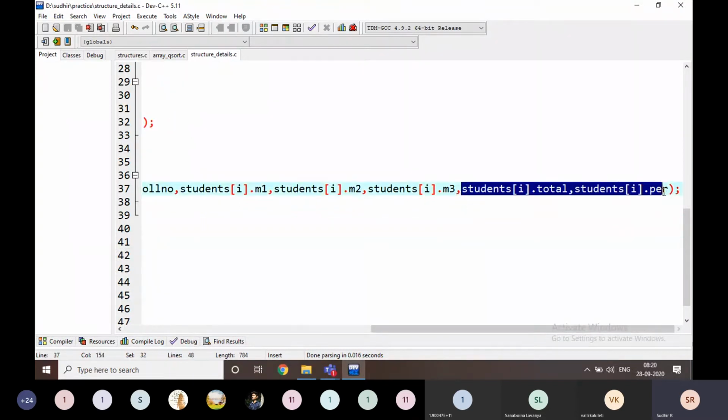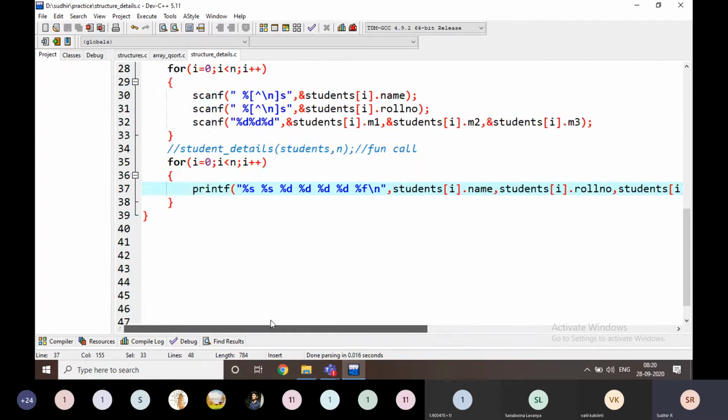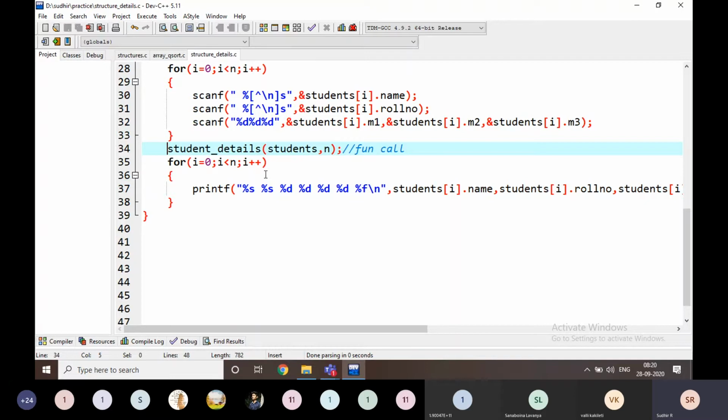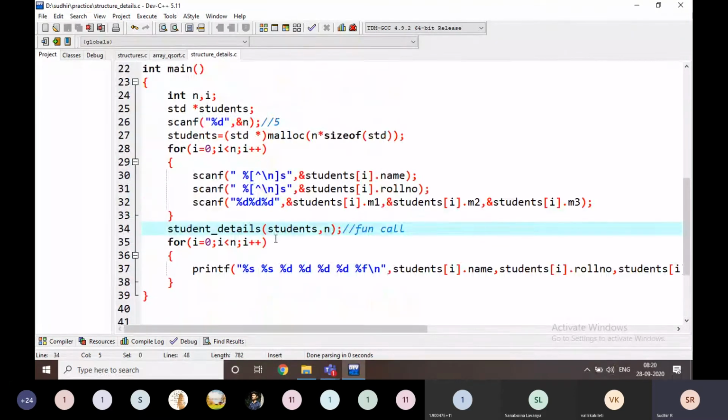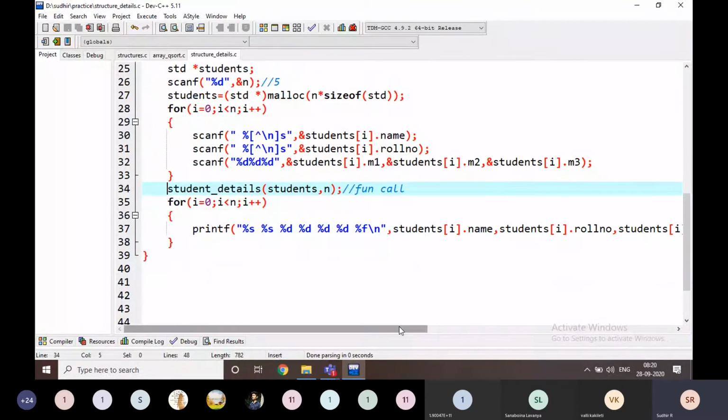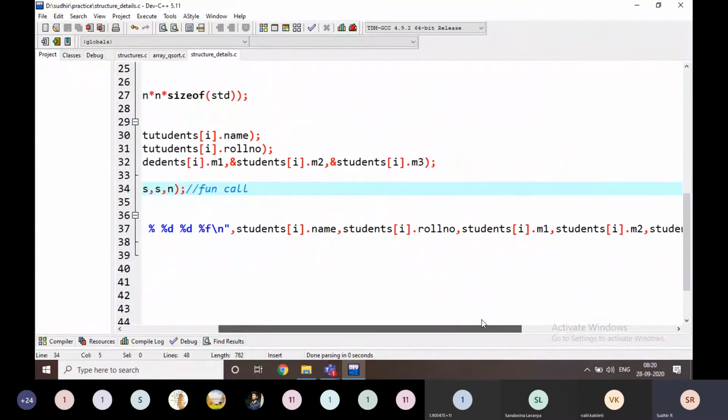That's why if I display the data, it gives some garbage value as output. Instead of garbage value, what I have to do here is calculate it. Yes, I'm going to calculate it using this function call. If I call this function, it will find the output of this total and percentage also.